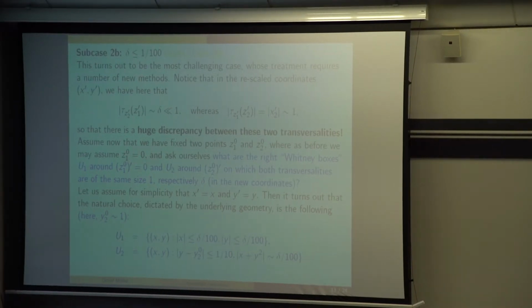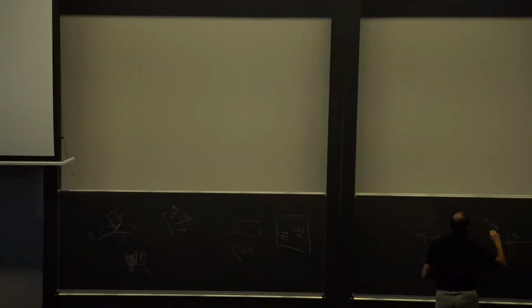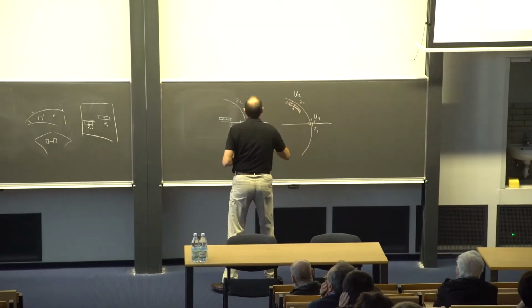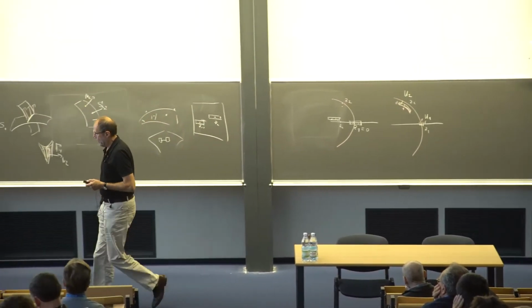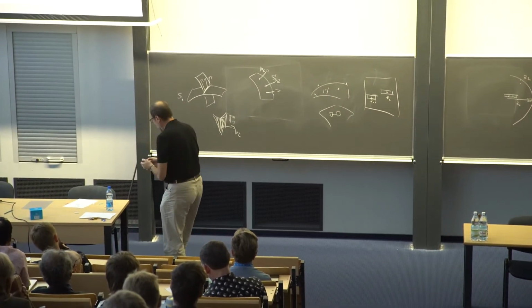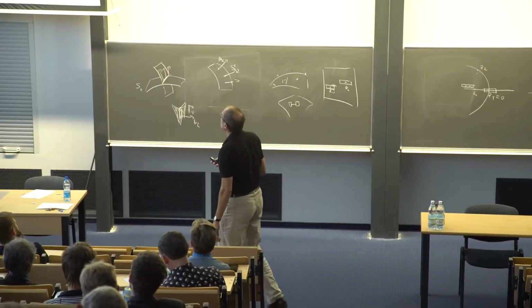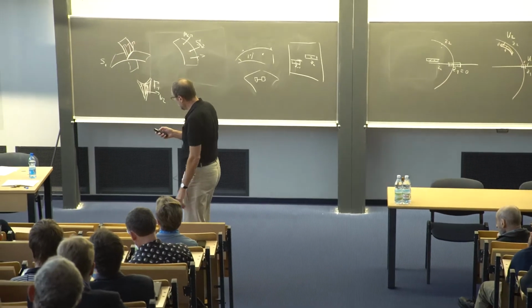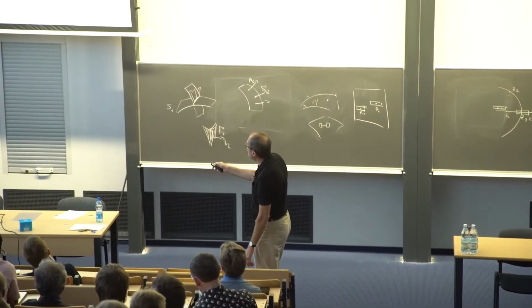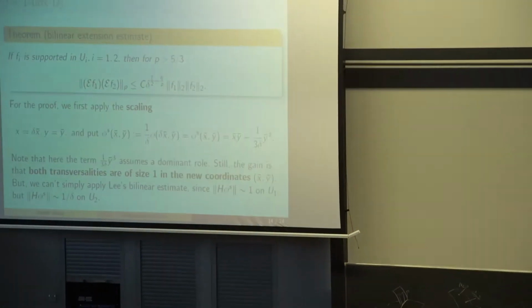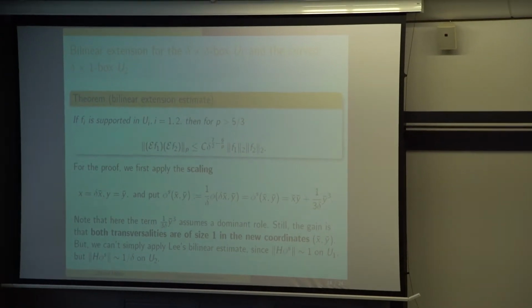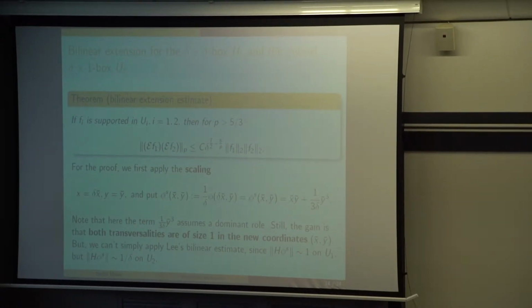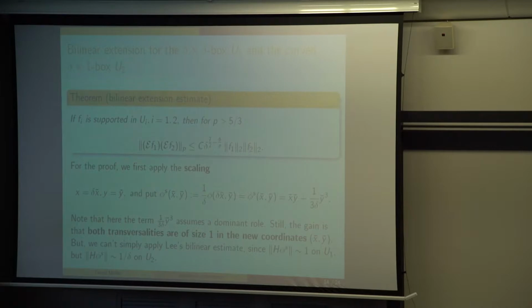So this is the box U1, and this is the box U2 here. But it turns out that in order to really have control on everything, what you need, the right scaling, as I said, is this scaling. So really you scale in x by delta, that's fine, but of course this pulls things very much apart. So things are getting very long in the horizontal direction.